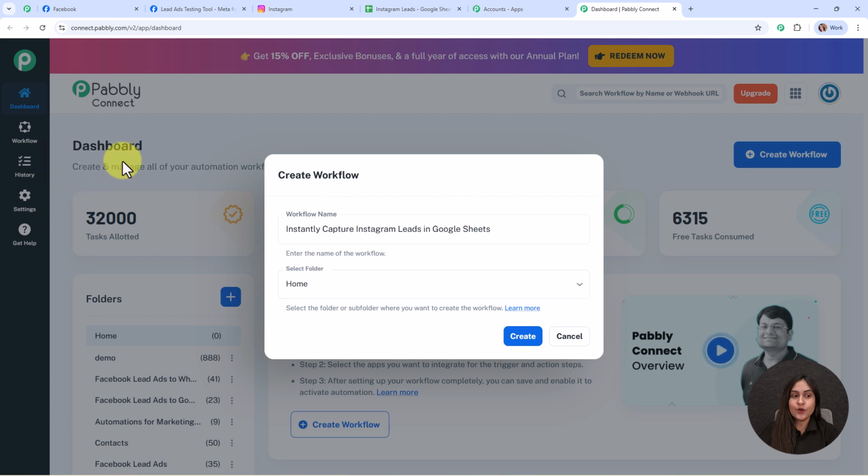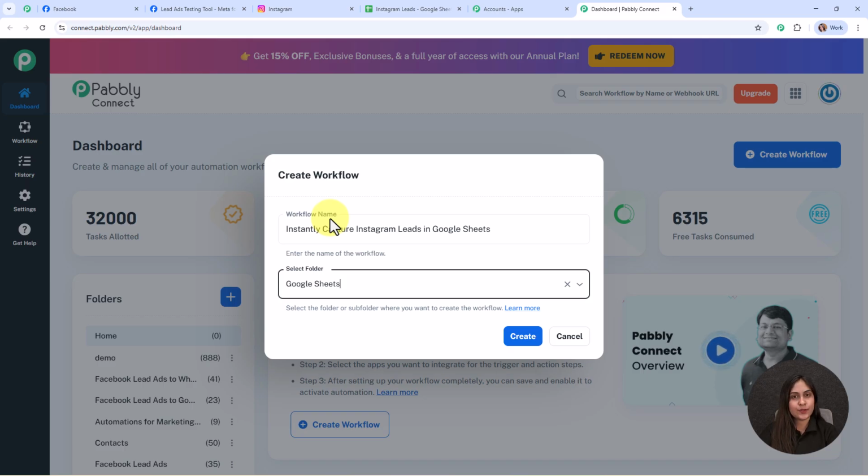In the left side corner of this dashboard you can see a folder section under which you can see the multiple folders that I've already created with different names to save my workflows accordingly. So here in this particular case I'm going to select my folder as Google Sheets. You can select the folder as per your need. Also you can create multiple folders to